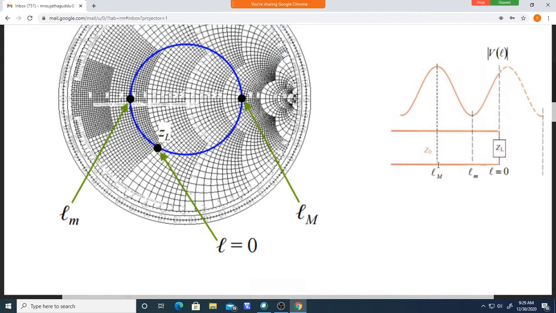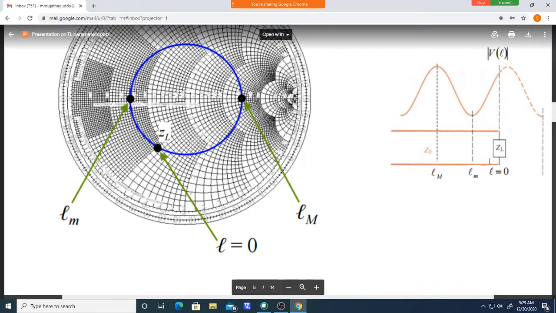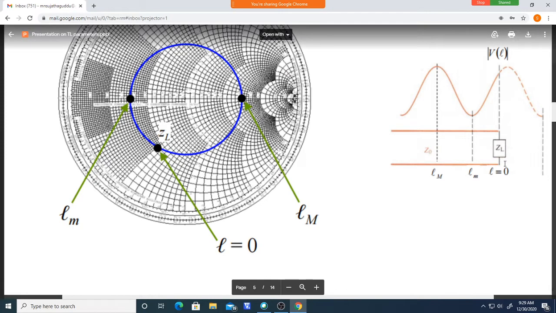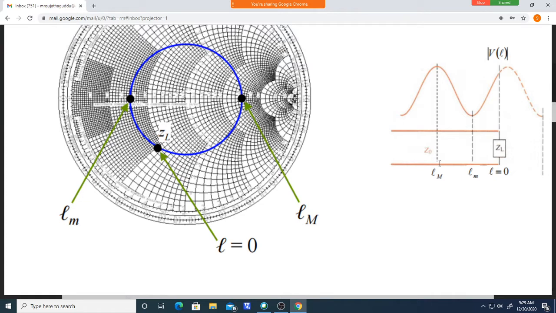Okay, because it is a transmission line. If it is a simple short, then here also the impedance is ZL only. If you measure, do not confuse why I am saying impedance changes, it doesn't remain the same. Impedance is minimum here and it is at a particular distance from the load. Similarly, the maxima is at a particular distance and it is that value. Z maximum at a distance of Lm here.